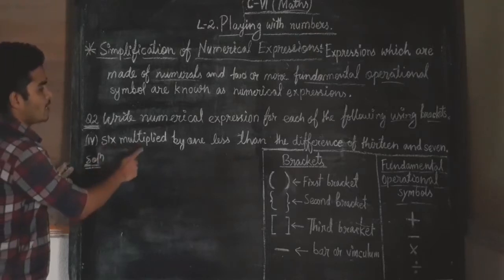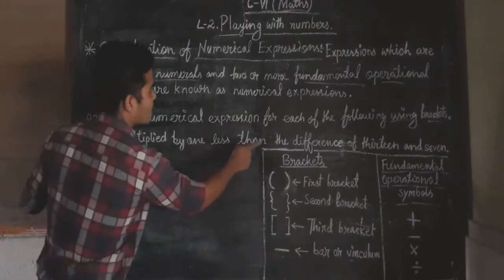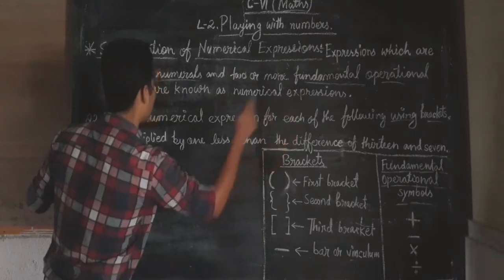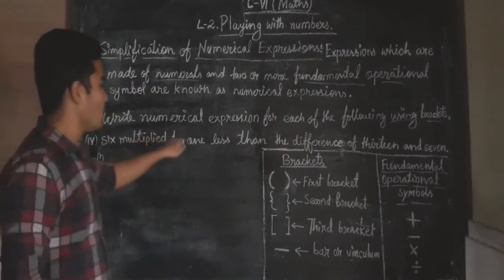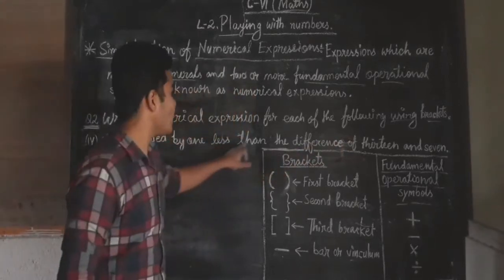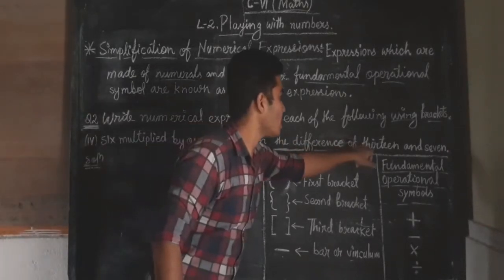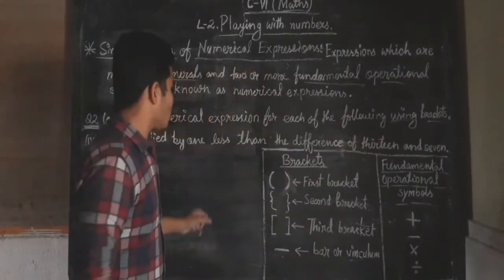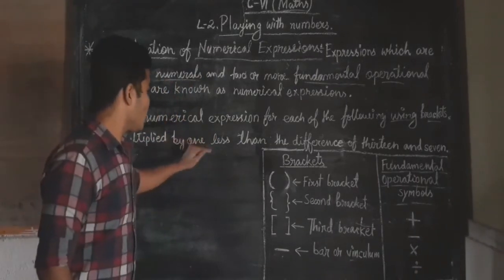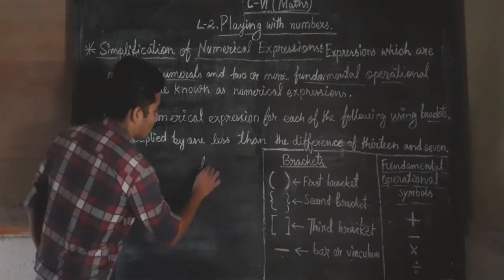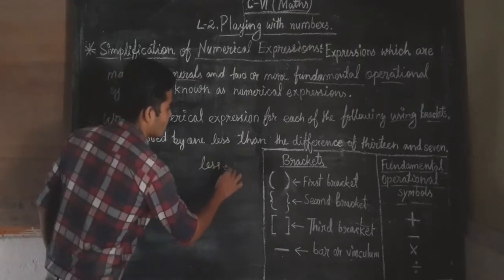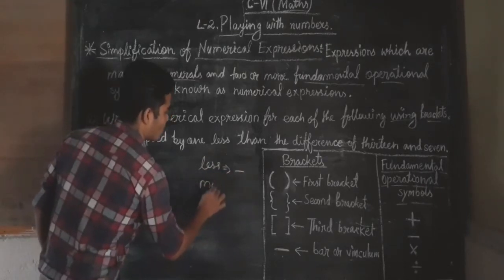6 multiplied by 1 less than the difference of 13 and 7. We have to multiply 6 with whom? With all these things: 1 less than the difference of 13 and 7. So in forming a numerical expression, we should always remember, less is used for subtract and more is used for